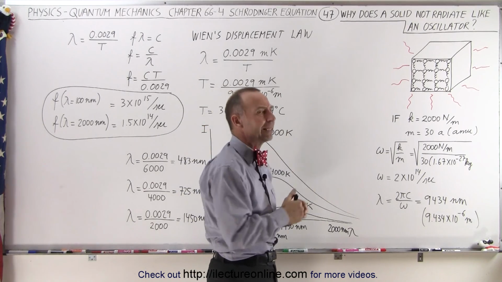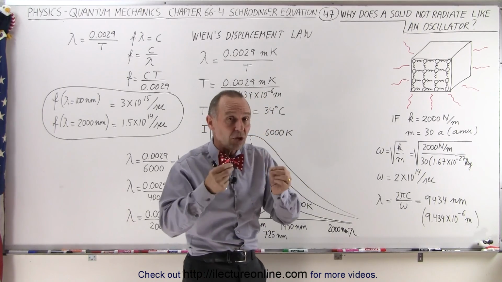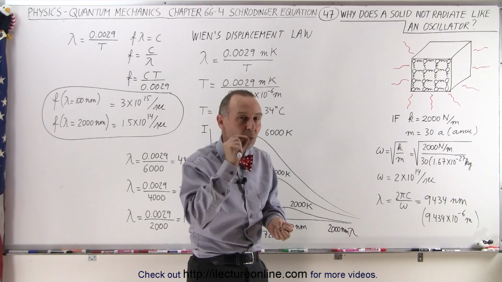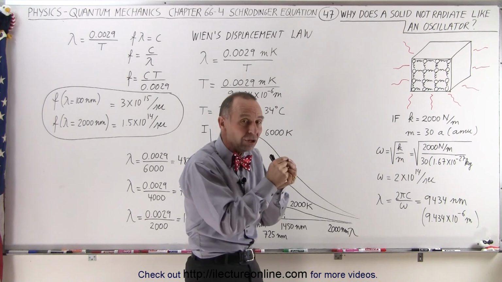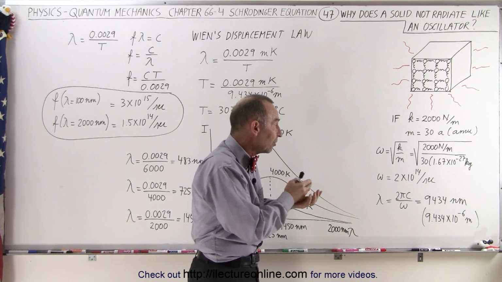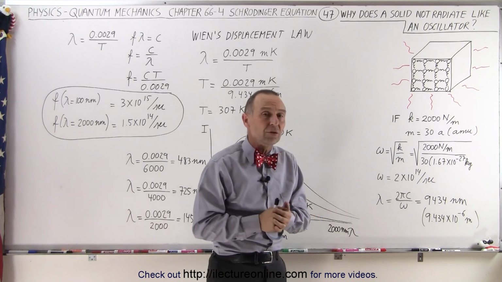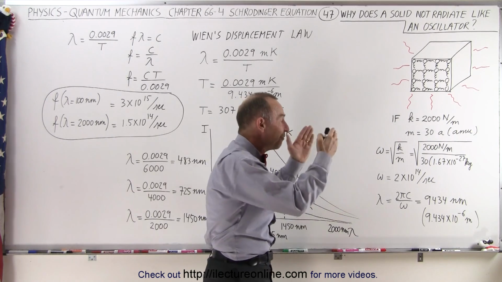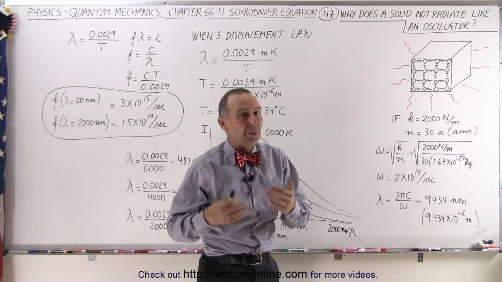It doesn't behave like that. In other words, the atoms within a solid do not behave like a quantum mechanic oscillator that has quantum states that determine the energy of the individual atoms, which only depends on the mass and the spring constant. So the omega, the angular frequency, should be fixed for a quantum oscillator, and we now know that it's not fixed